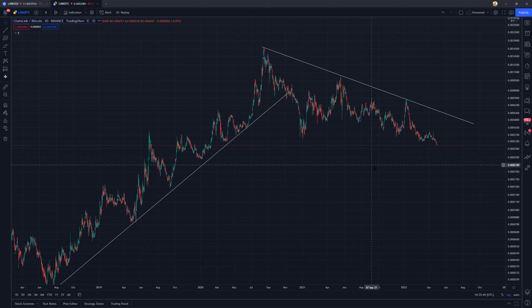So if you are a long-term investor and you really like the project, I would say great. I agree. I think the project's great. I think the utility is great. I think it's got a great use case, but I think that the chart is pretty dominantly down, and you can see how we're not even holding these lows that we made in the beginning of 2021, right?